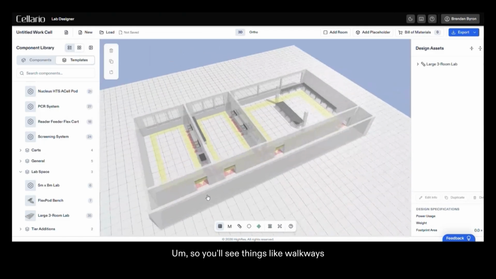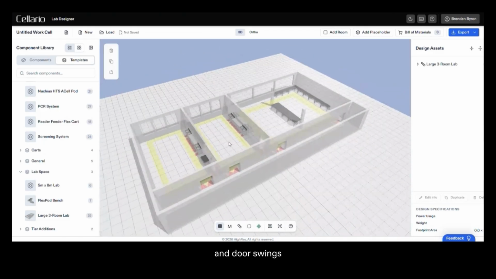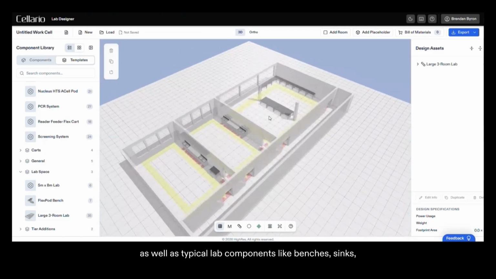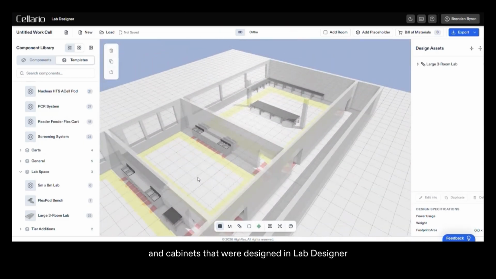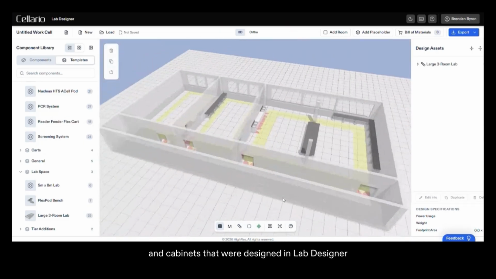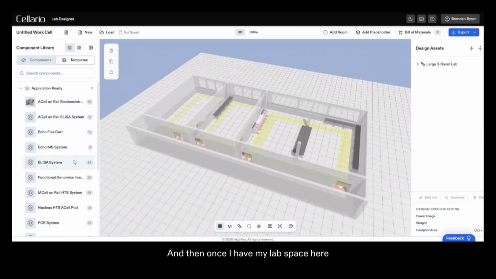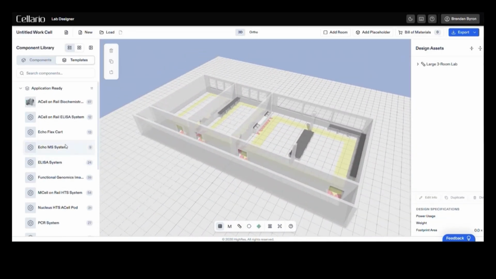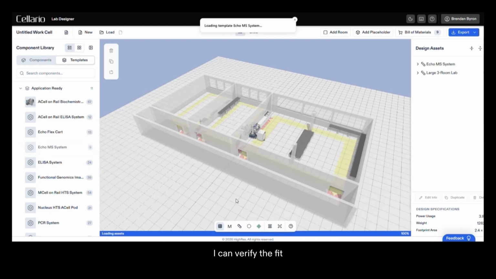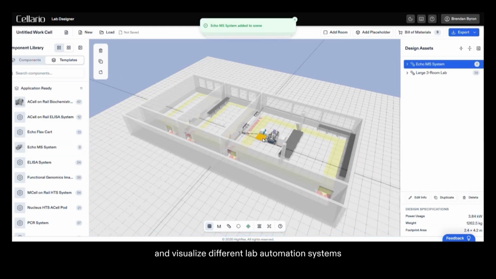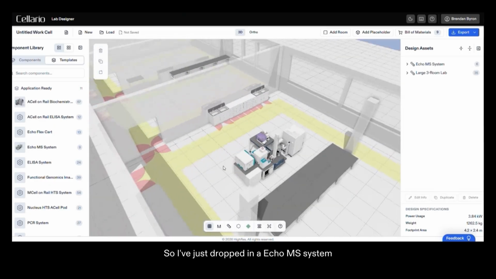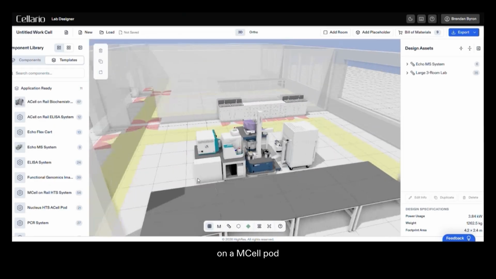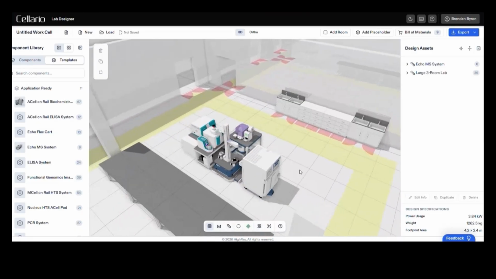So you'll see things like walkways and door swings, as well as typical lab components like benches, sinks, and cabinets that were designed in Lab Designer. And then once I have my lab space here, I can verify the fit and visualize different lab automation systems in the context of the lab. So I've just dropped in an Echo MS system on a ZCell Pod, and you can see that within the